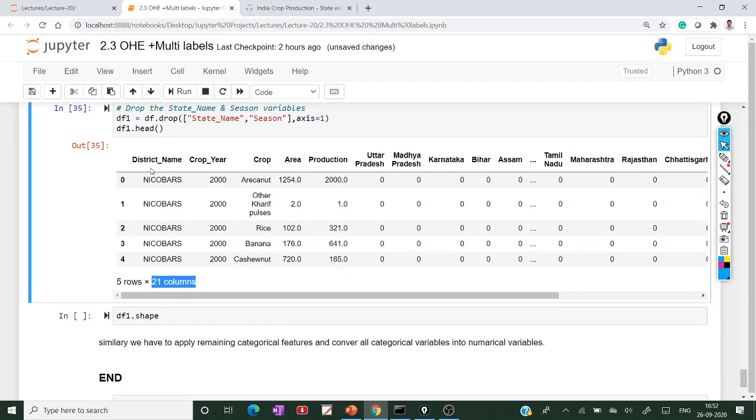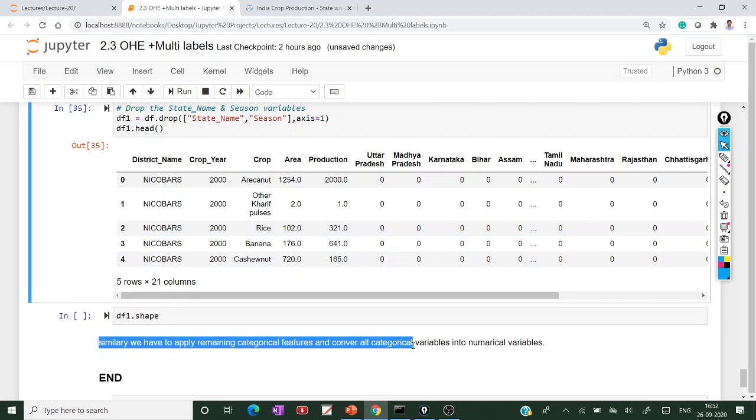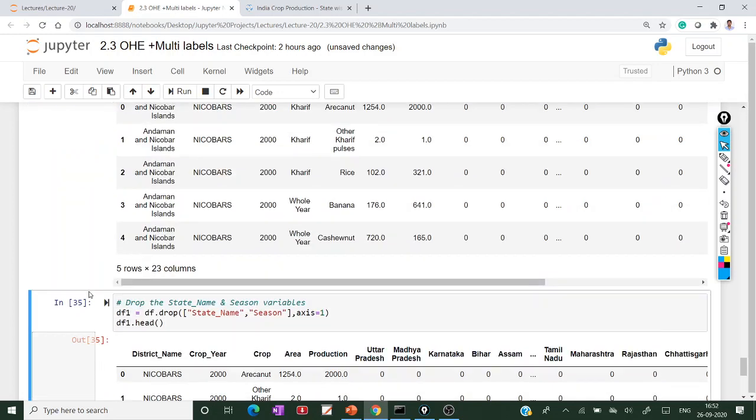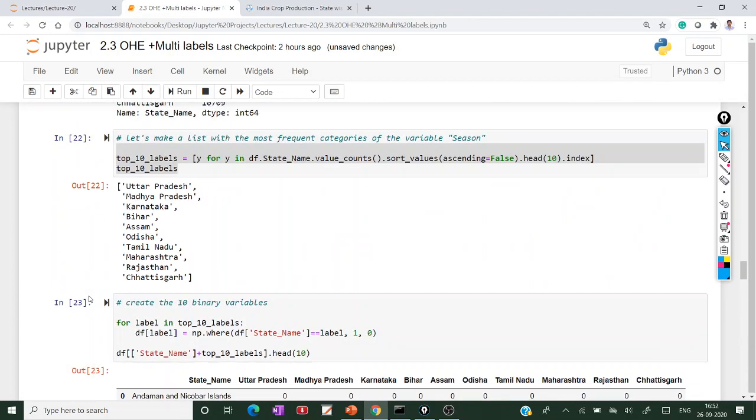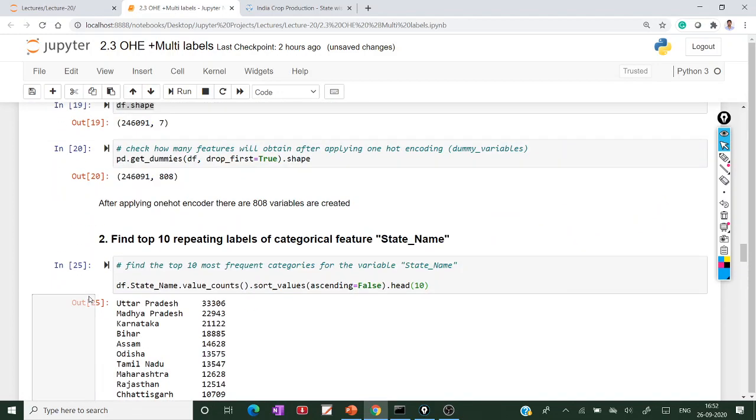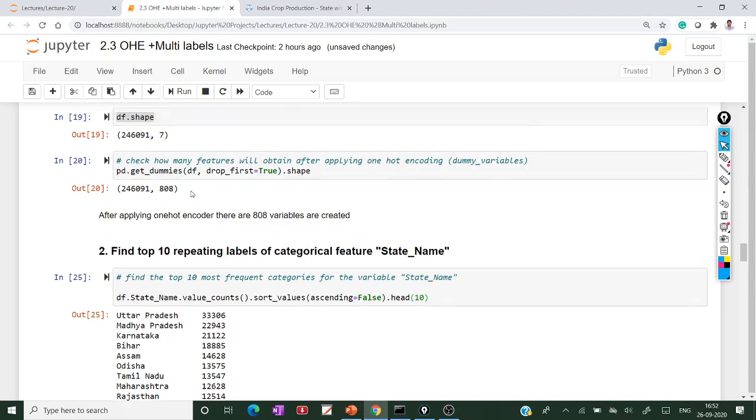In the data frame only district name and crop, two categorical variables, remain. Similarly you can apply this to the remaining categorical features, convert them into numerical variables, and then fit them to your model. I suggest this is the best example for one-hot encoding with multiple labels.